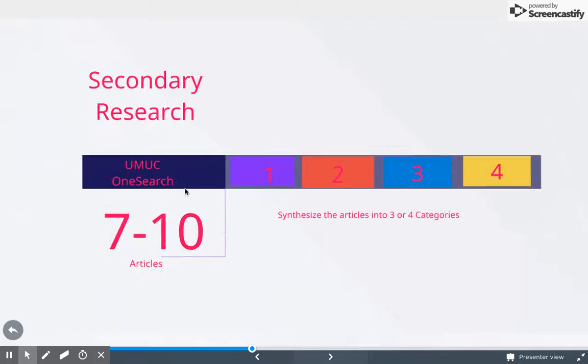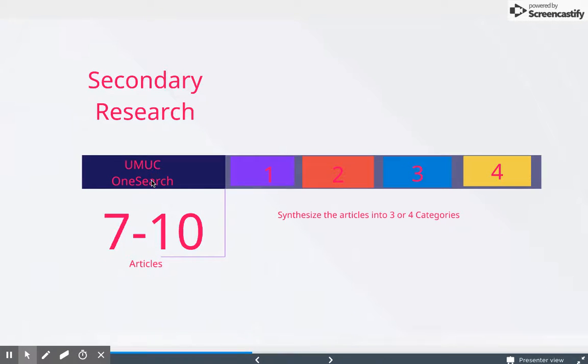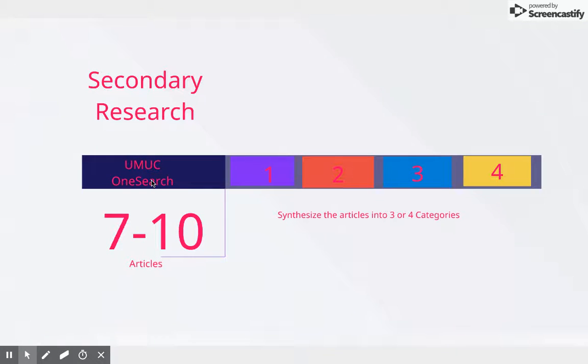So then we move forward, and basically what you're going to do is use a UMUC1 search. We've done several exercises on how to use that to focus and target your research. You're going to select 7 to 10 articles. I believe that the writing assignment requires a minimum of 7. I completely recommend going at least 10. It just gives you a little more food for thought. Once you've selected these 7 to 10 articles on your topic, you're going to break them into 3 to 4